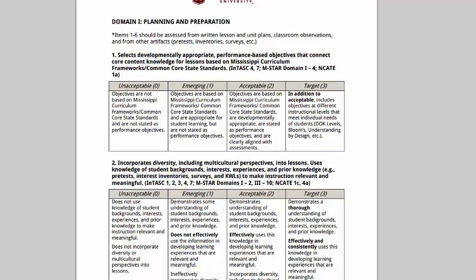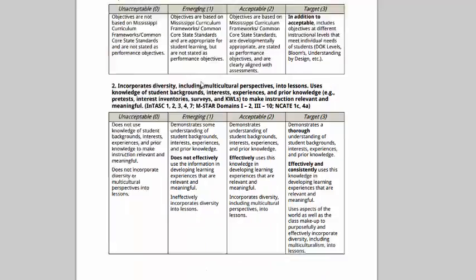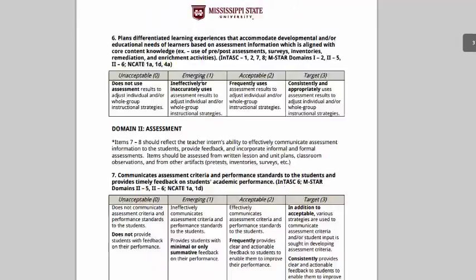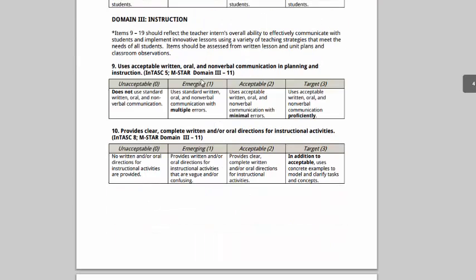It's a very good instrument, but I just want to introduce this to everybody. This is the instrument that you will be evaluated on when you go into a school. You can see that it's kind of a scary instrument because it has so many indicators, but don't really get wrapped up in that. If you plan it and you do really good lesson plans, you'll hit domain 1.